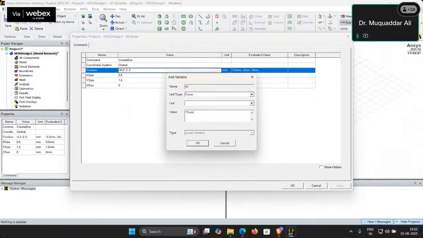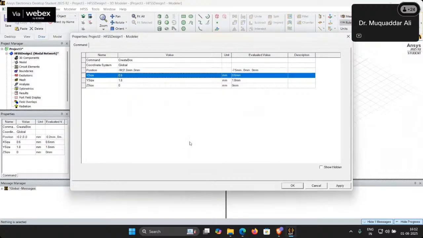Let us design this waveguide for 10 gigahertz. At 10 gigahertz, the size of the waveguide should be lambda by 2, and lambda we can calculate from 300 by frequency in gigahertz, in mm. So the lambda will come out to be 30 mm. So let us take this 15 mm in size